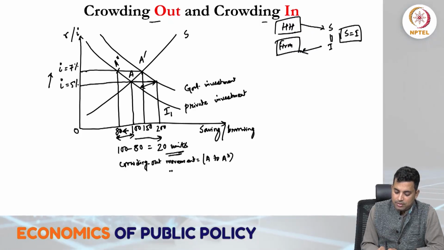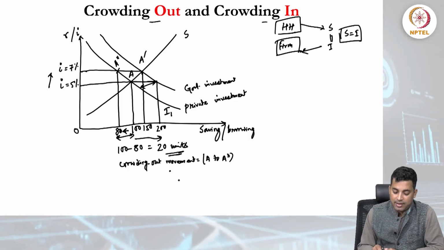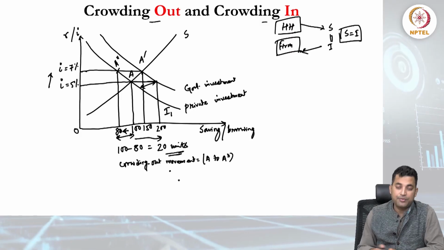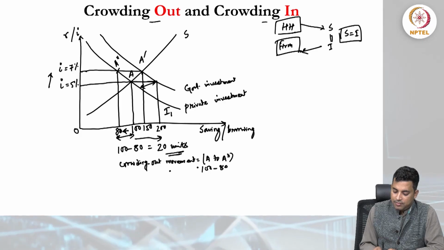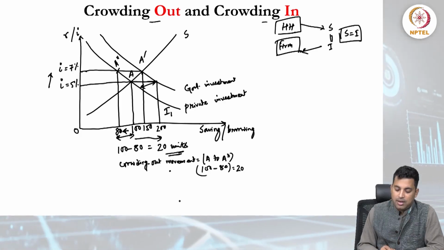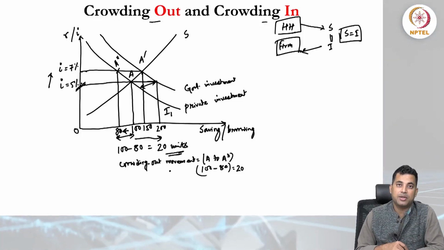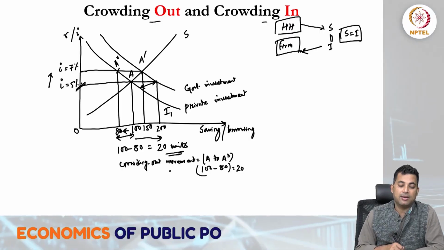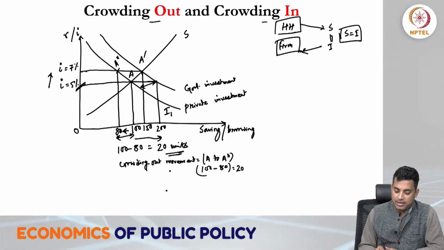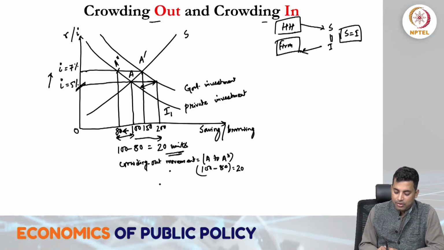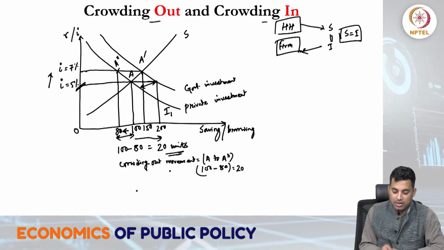The output loss that we get, especially in savings or borrowing, the amount that is getting crowded out from the economy is like 100 to 80, which is 20. And if we want to crowd in, then of course we can retain a lower rate of interest, say i at 5. In crowding in situations, the economy will get expanded, and then total output will be 200. So that is what crowding